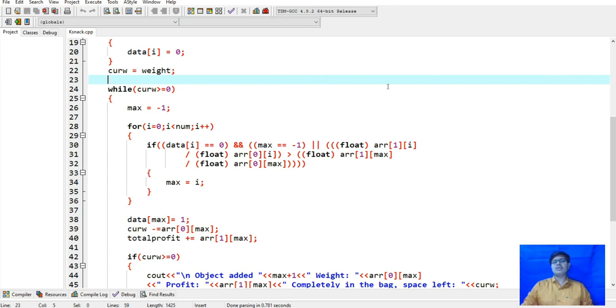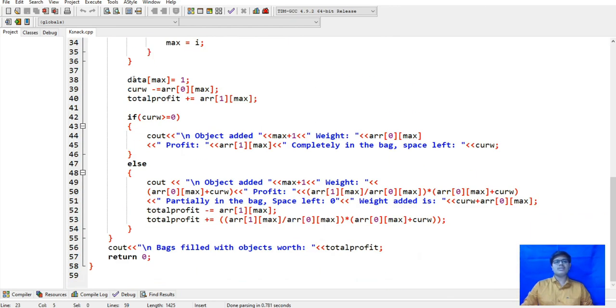Means from all those values we have inserted from the user, for the maximum profit, it will go from maximum to minimum, that is, from descending to ascending. It will take the last one, the biggest one, take the profit, and insert that into the bag. If the bag is full, it will not insert that. Or if the bag has space, it will insert that element, and it will divide that, and it will print the maximum profit from that bag.